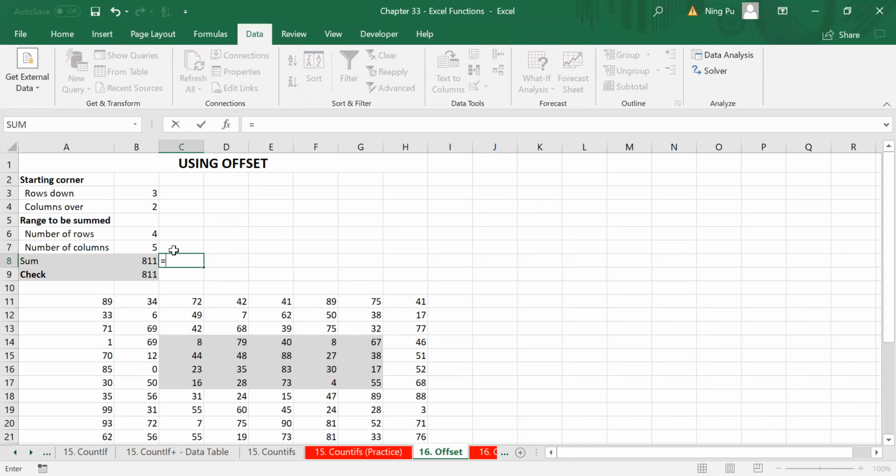So we want to use offset to crop out the subset. So the reference point is A11, and the number of times we have to roll down is 3, and the number of times we have to roll over is 2. Okay, and if we roll down 3 times and roll over 2 times, then we land on the starting point